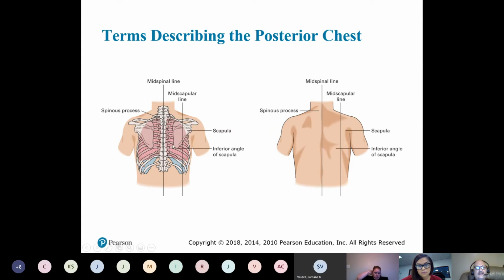On Monday, if I can find Homer, I will show you the spinous process of the spine. If we were in class, Homer, he's our skeleton. I named him Homer. I use him for different things.